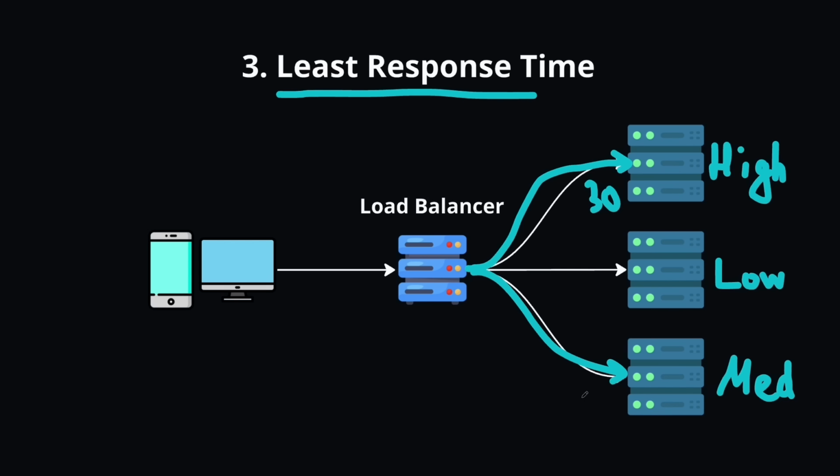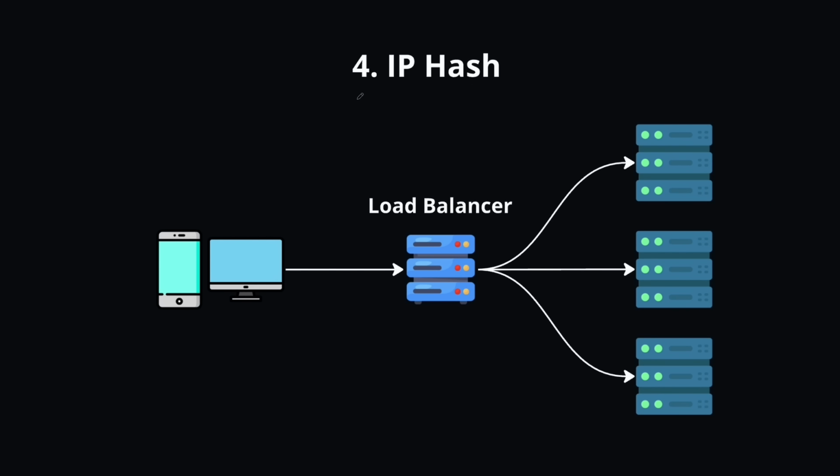And it will send some traffic, let's say 20 other requests, to the medium responsiveness server. And after that it will switch to the second server and it might send another 10 requests to this server until it redirects them back to the first server. This is effective when the goal is to provide the fastest response time to requests and you also have servers with different capabilities. The fourth option is the IP hash algorithm, which determines which server receives the request based